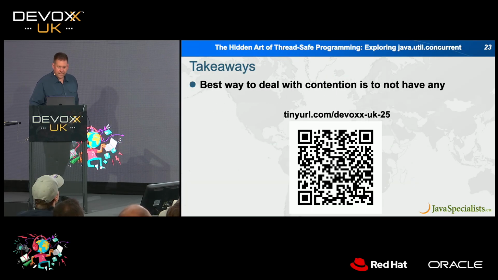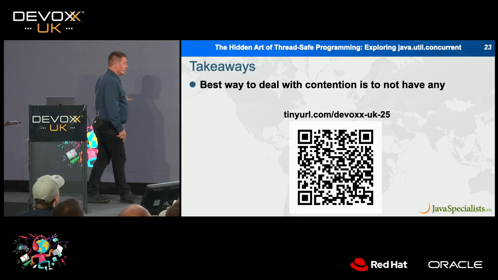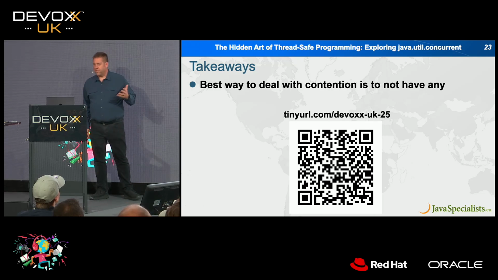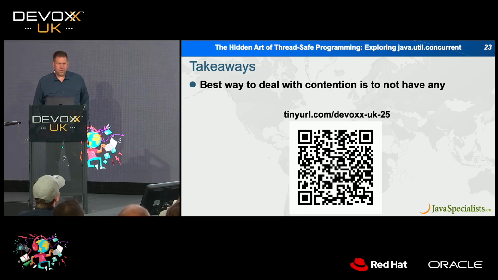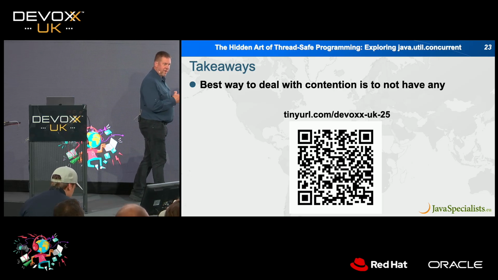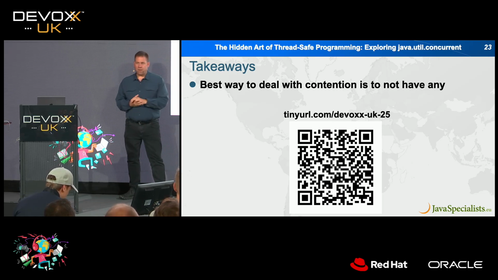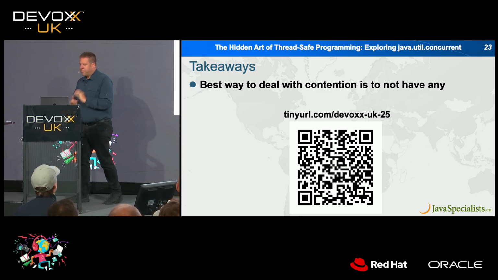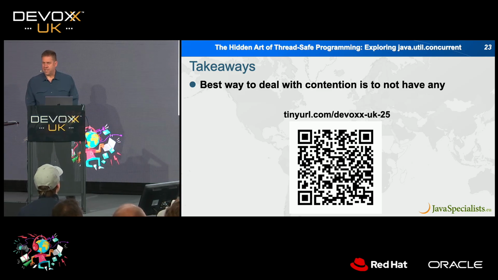And of course, the takeaway is that it's best not to have any contention. If you can update locally and then later on join the values together, that's a better option. But you have to be careful with that, because if you write a test that simply goes 0 to 100 million i++,